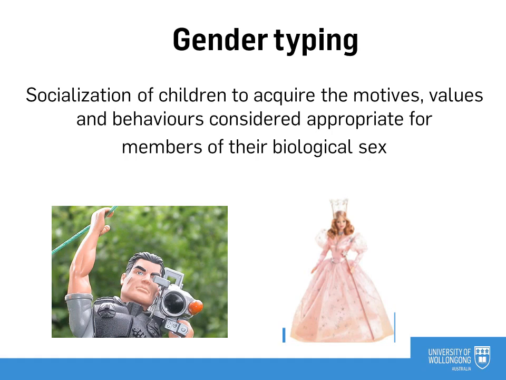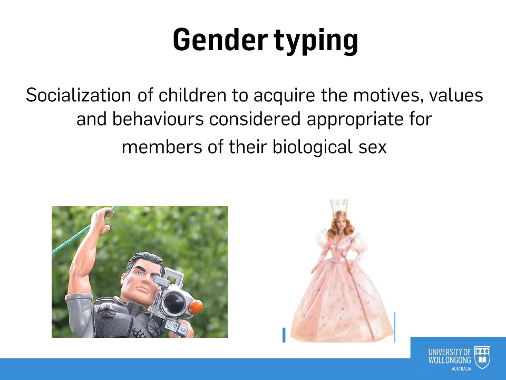Children are socialized into their gender through gender typing. So children acquire the motives and values and behaviors that are seen as appropriate for the members of their biological sex. You're a boy, you learn what it means to be a boy. You're a girl, you learn what it means to be a girl. And even young children, starting around age 3, know that girls play with dolls and boys would play with